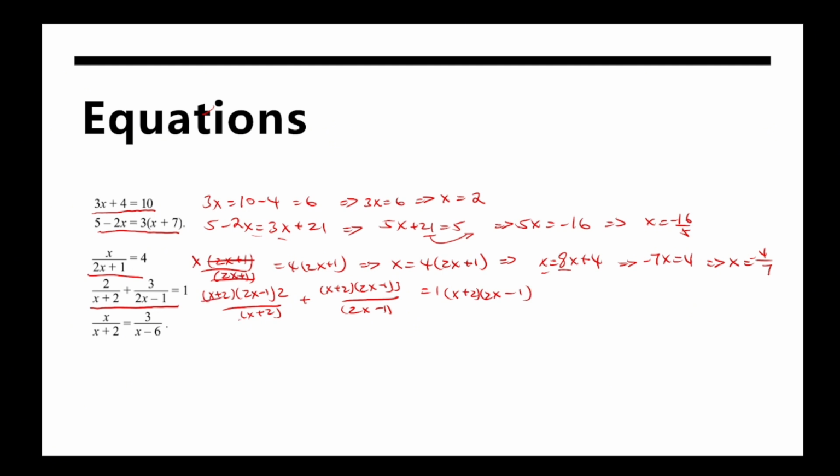The x + 2 cancels out for this fraction, and the 2x − 1 cancels out for this fraction, leaving us 4x − 2